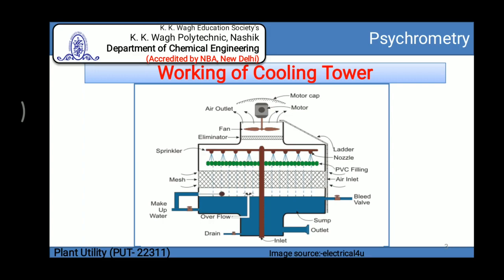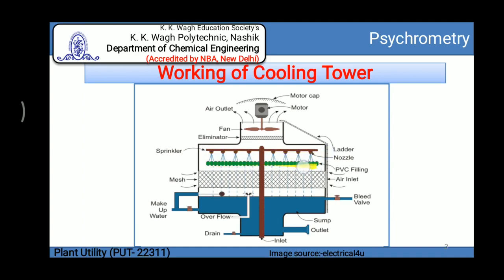This cooling tower consists of a fan, from which air enters inside the cooling tower. It also consists of the eliminator. This eliminator does not allow water to pass through it. The eliminator is placed at the top of the tower, from which only hot air can pass. Next is the spray nozzle and header. These parts are used to increase the rate of evaporation by increasing the surface area.